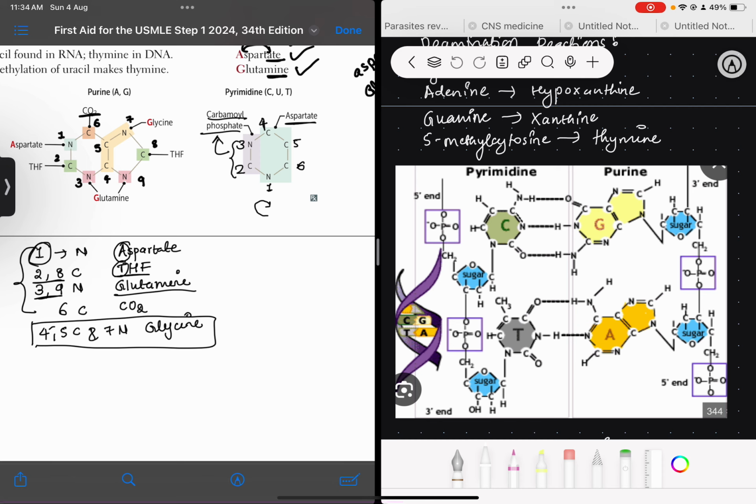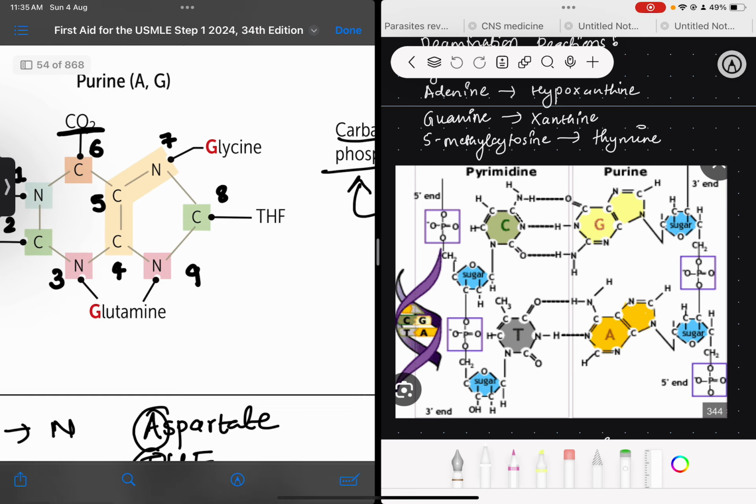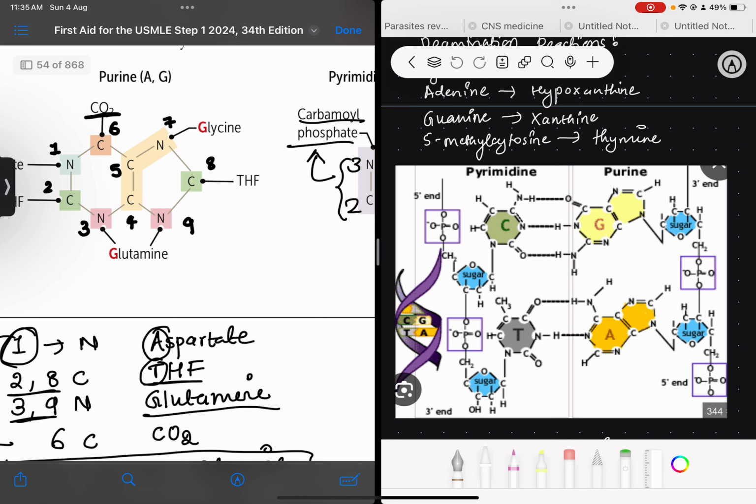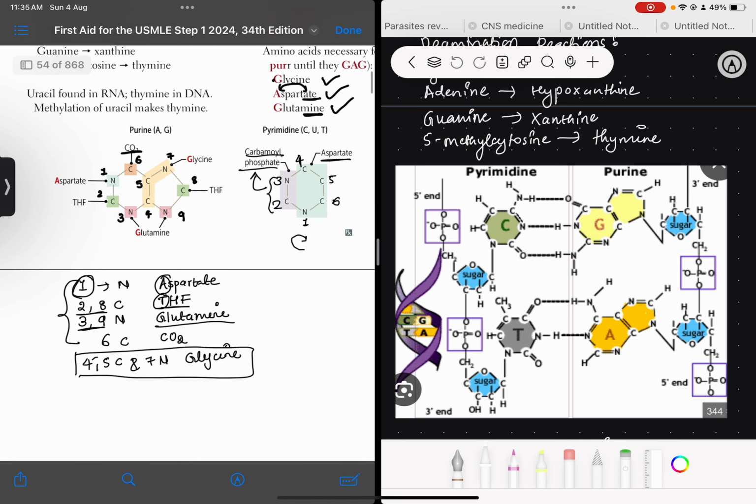And this is the structure of glutamine. So in the 6th carbon position, it is going to have this carbon dioxide. Sorry, not carbon dioxide, it is given by the carbon dioxide. Now,